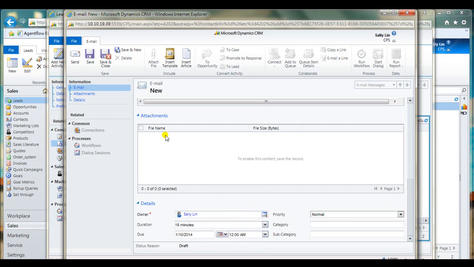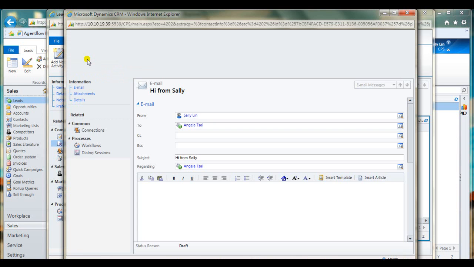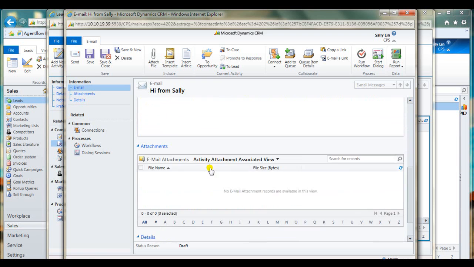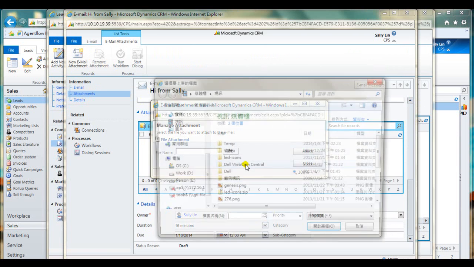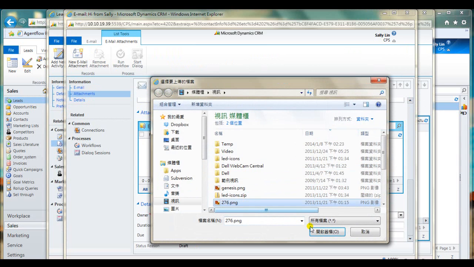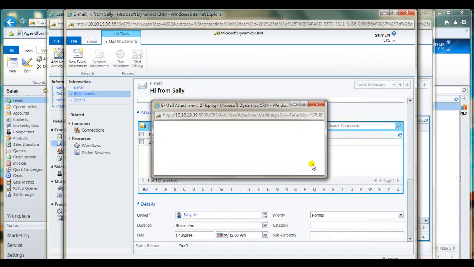And if you need to attach any file, you can use this attachment. Before you add the attachment file, you need to save this record first. Upload the file and click Close.